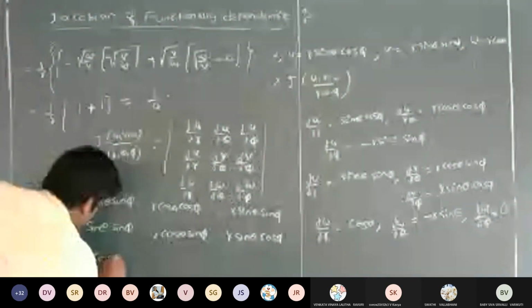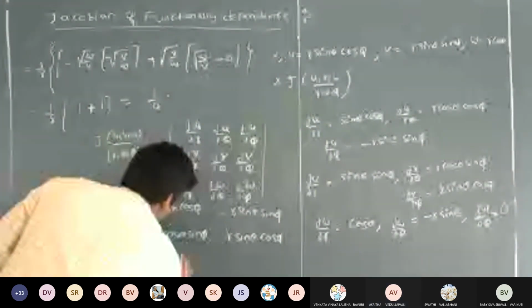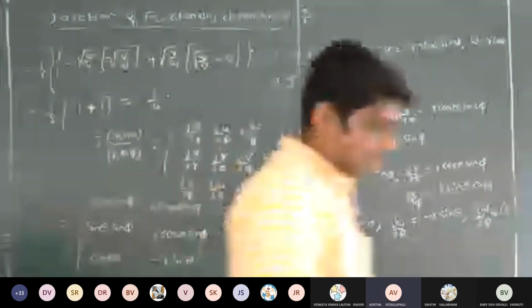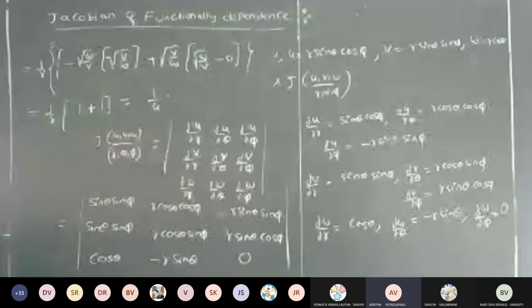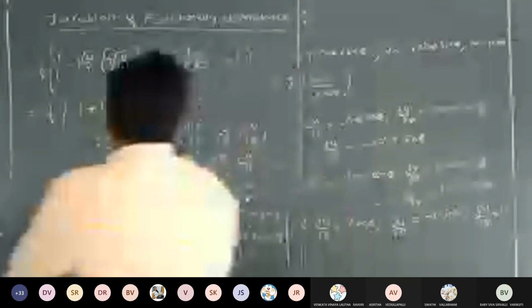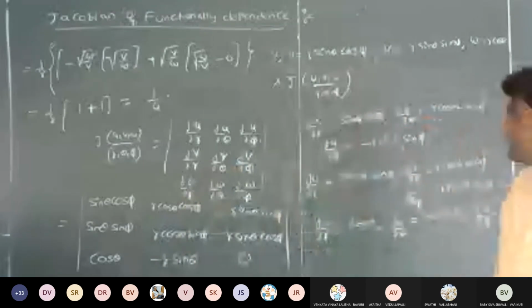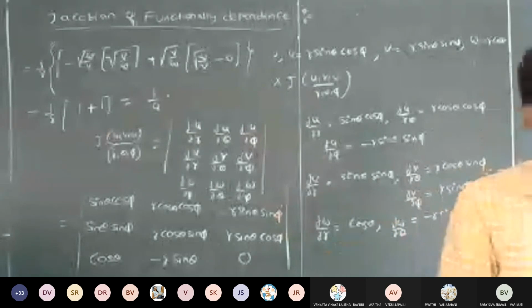Sir, first this term is sin theta cos phi, sir. First minus term, r sin theta. Minus r sin theta, so this is 0. In case of dou u by dou r, the term is sin theta cos phi. Sorry, sir. Yes, sin theta cos phi. I missed it. In place of this, I am taking dou v by dou r. So you have to substitute very carefully, so that you will get it. But it is nothing but a determinant of the 3 by 3 matrix.